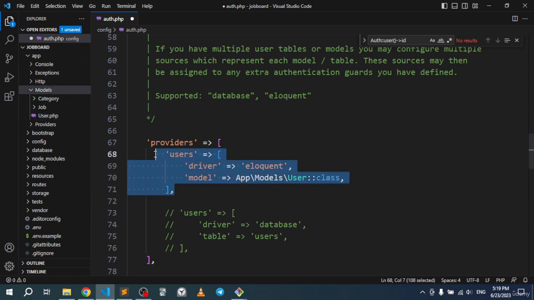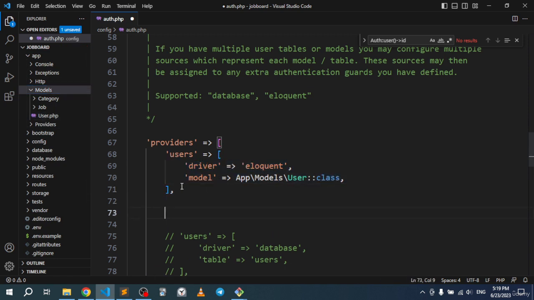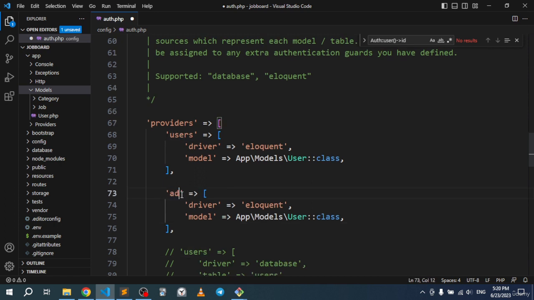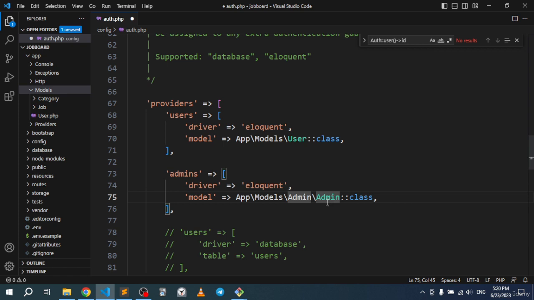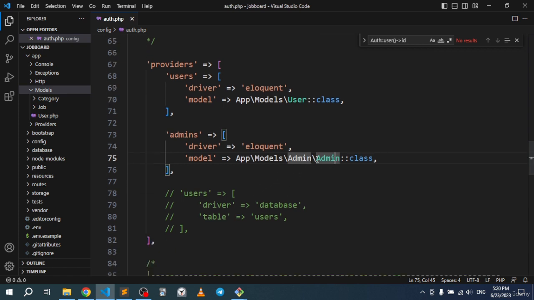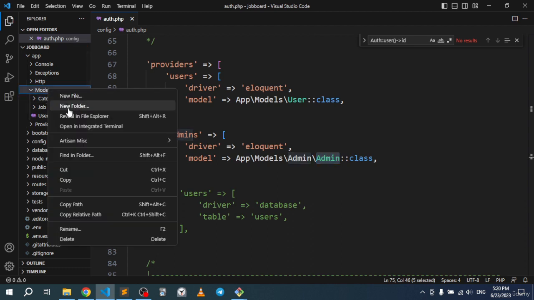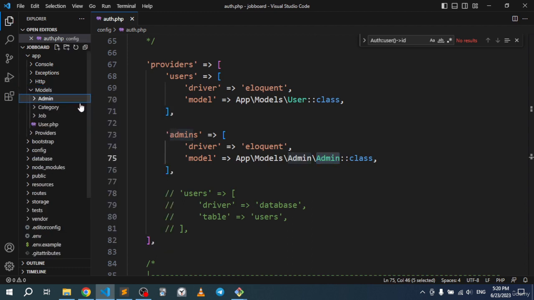All right, so we need to create a model for admins right here. All right, so the model should be app/Models/Admin/Admin right here. So there is the model, it should be a capital, the M should be a capital right here. All right, so save this whole thing. Let's now go ahead and create this model. Well, actually, let's go ahead first and let's create the folder. Now, because we set it to be inside a folder, which is admin right here, let's go ahead and create this